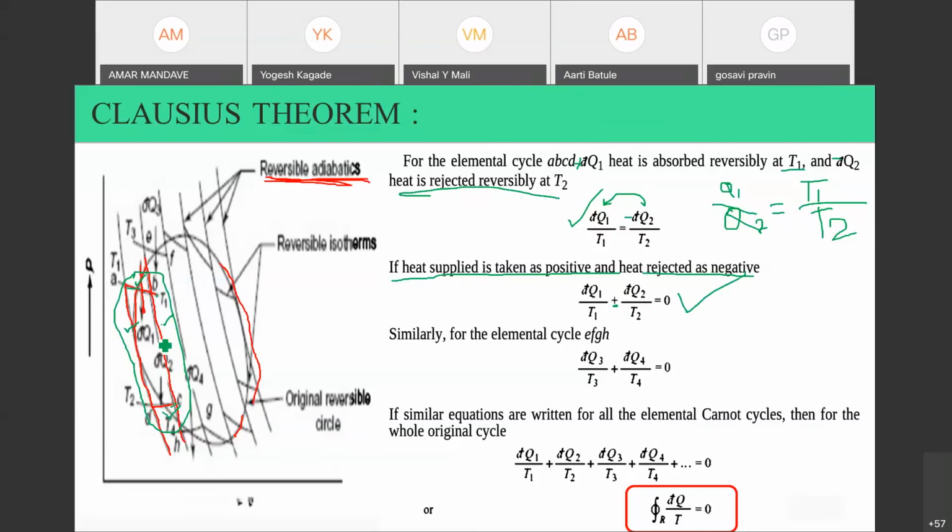Similar to that, we can write a similar equation for the second section by assuming all the previous assumptions. We can write the similar equation for the second slice, or second section, and similarly for the third, fourth, fifth, etc. So for the second section, we can write dq.